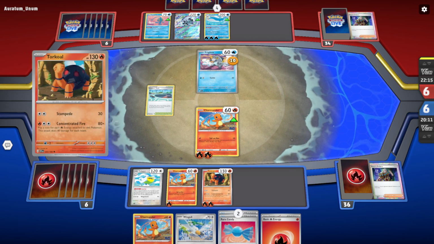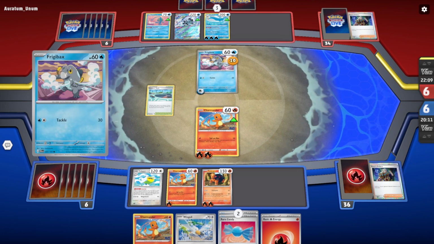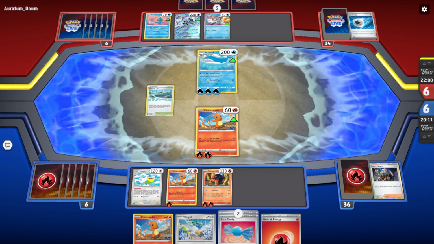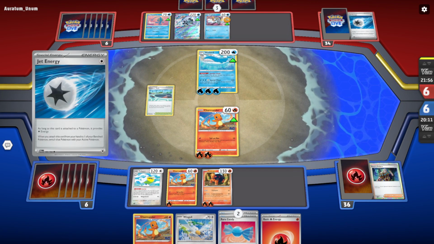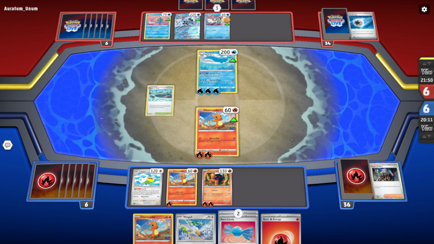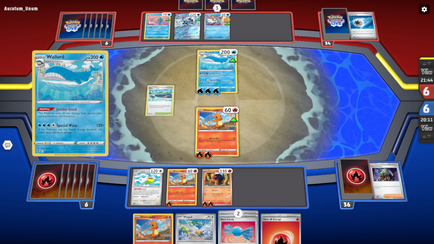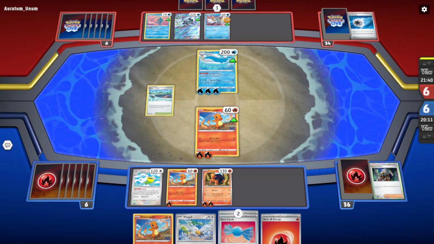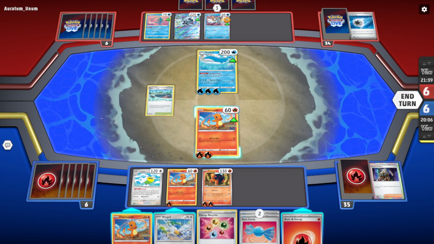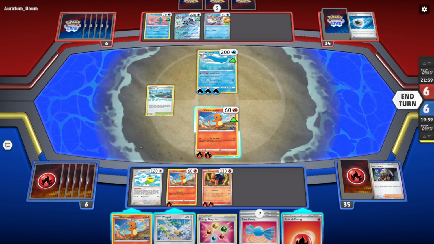What was I thinking? Torkoal in the prizes. Torkoal's right here. Use jet energy. Oh. Wait. That was... Wait, what? Oh, he did... Why did he do that? He could have attached this to the Warlord, sent it out, and attacked me right then. Okay. Energy recycler. Okay, so...